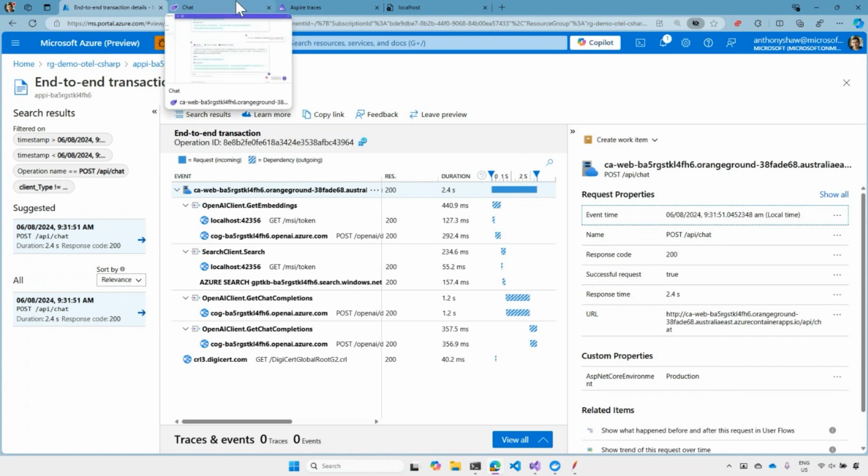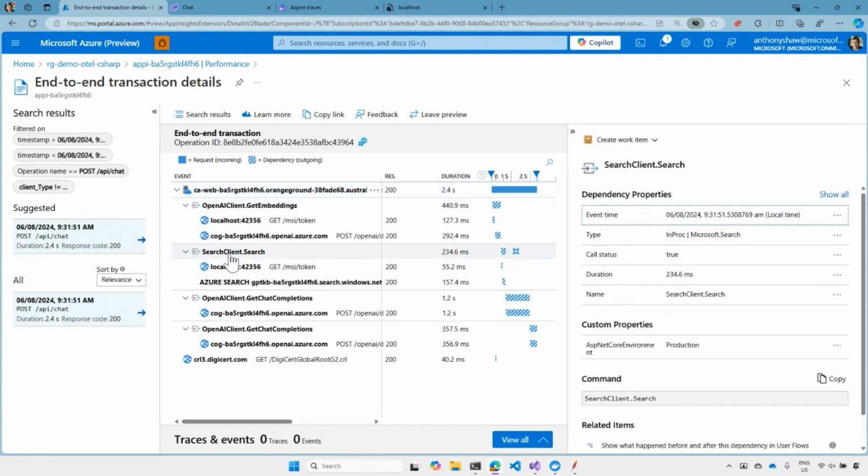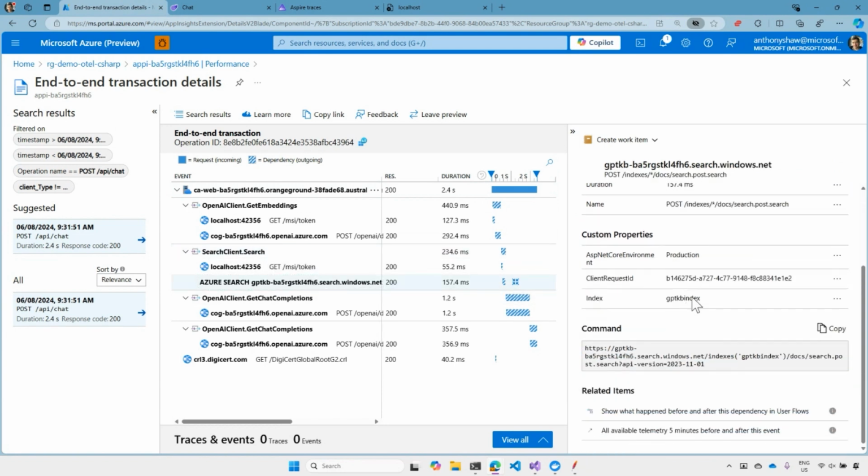And then in the UI, I can drill into the samples to see everything that happened when I clicked on the button. So for a RAG app, there's the retrieval, which is the search, which goes into AI Search. I can see here I've got my search client call, my call to AI Search in the backend with a specific query. I've got the two chat completions for the LLM, so I can see those combined as the specific trace. And then anything else that's captured in the backend, I can see here in the trace.